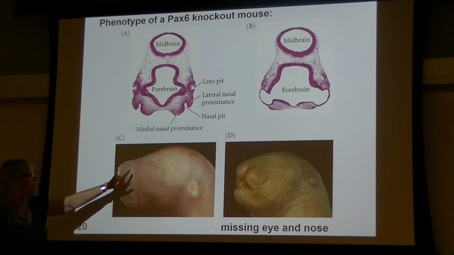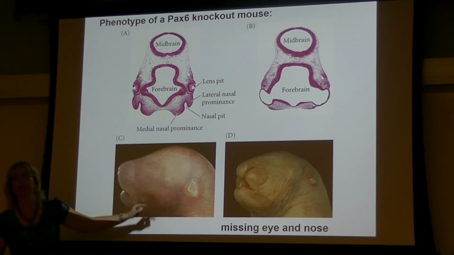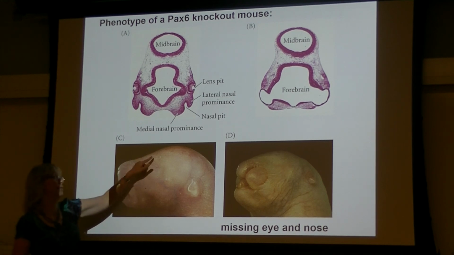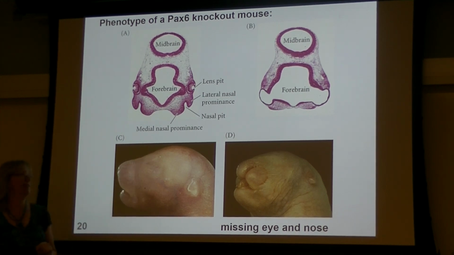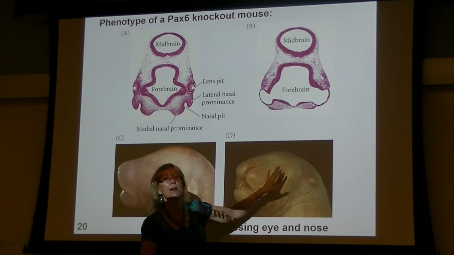So here's a newborn mouse, and it's a bit hard to see, but there's a little small slit here. That's the functional, fully formed eye. It's just not quite open in this newborn mouse. But in the PAX6 knockout mouse,